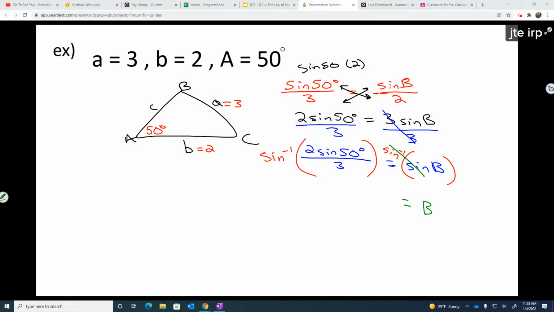So again, this is called the inverse sine. So to solve for an angle, we're always going to be using that inverse sine. Now it looks complicated, right? It looks like a big old thing, but we're going to be using our calculator, and it's really not bad because the calculator does all this hard work for you. You're just going to type it in like this. You're just going to use the second button, second sine,